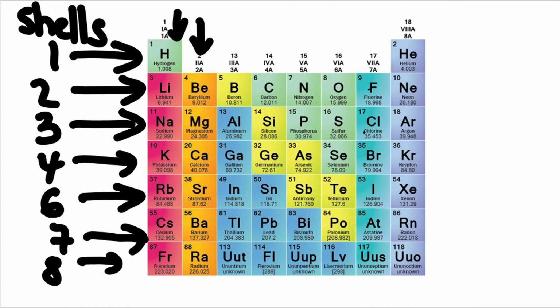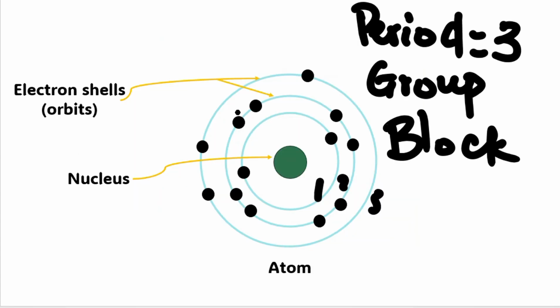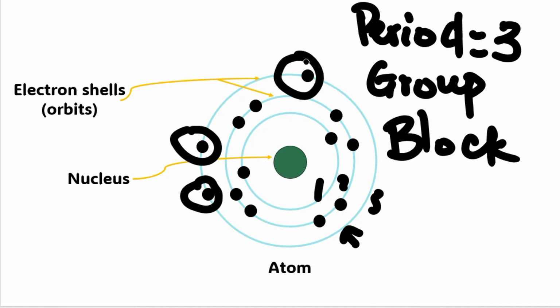So if you go to this place, right, we can see that the valence shell is shell 3, and that's the outermost shell, or the biggest shell here, the blue, the largest one, right? So we focus on this shell, and then you count the number of electrons. You have 1, 2, 3. So that's going to be group 3. So that's group 3, right? And now the next thing is